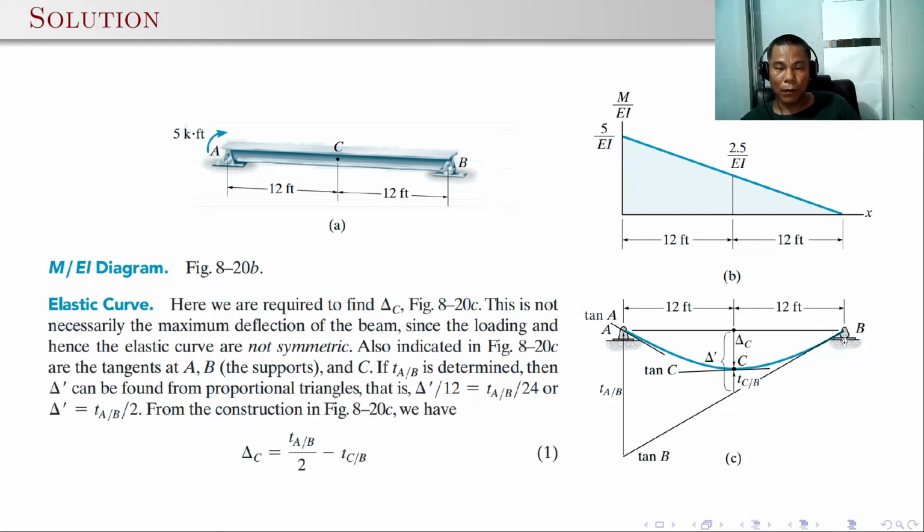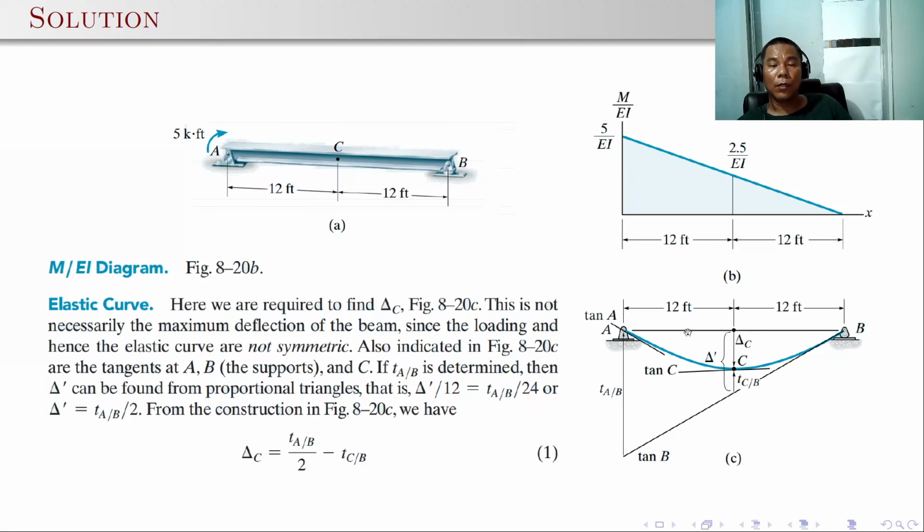What shall we do? If you look at this triangle, you will see that this vertical deviation is actually the deviation of point A with respect to a tangent drawn at B. And this triangle has a length of 24. So with this other triangle, it has a height of delta C plus TC over B with the base of 12. The only unknown is delta C. By computing TC with respect to B and TA with respect to B, by ratio and proportion, we can compute for delta C. By ratio and proportion, delta C plus TCB is to 12